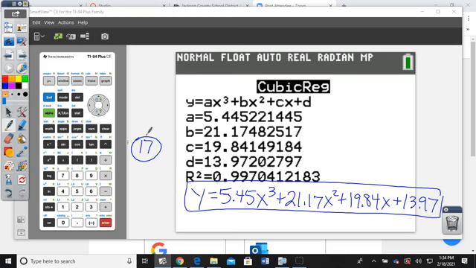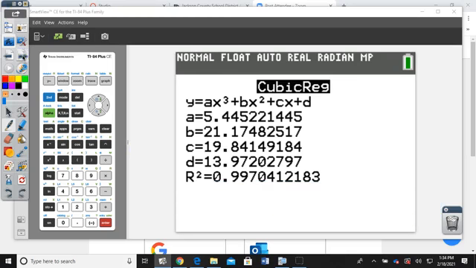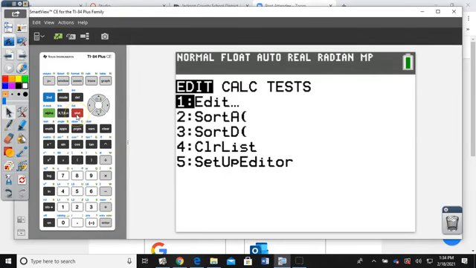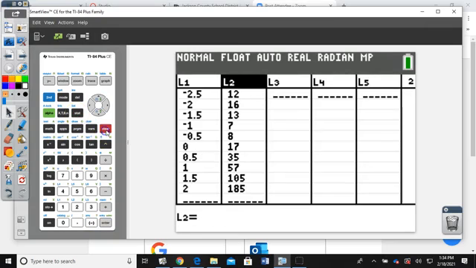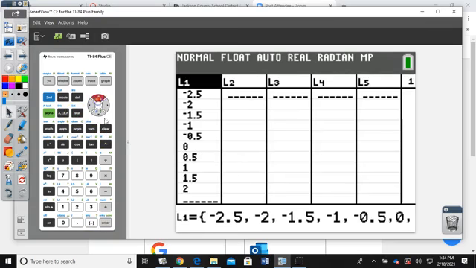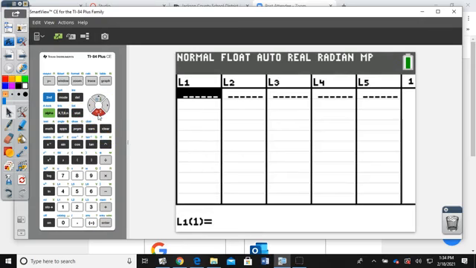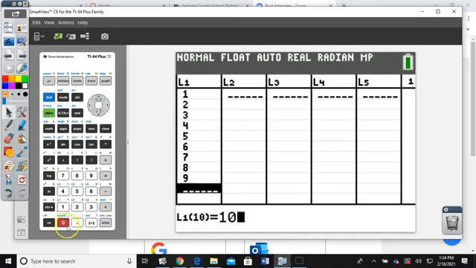For number 18, we do the same problem, same thing. I'm going to plug in a different table this time. So scroll up, hit clear, go down. This time, my table goes 1, 2, 3, 4, 5, 6, 7, 8, 9, 10 on the X. All right, all 1 through 10 on that one. And then L2 is going to be 4, 80,